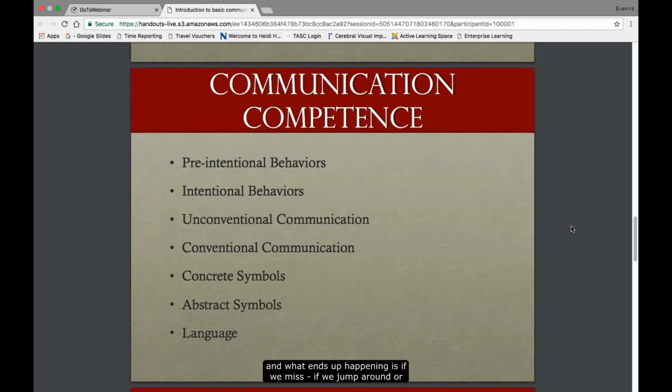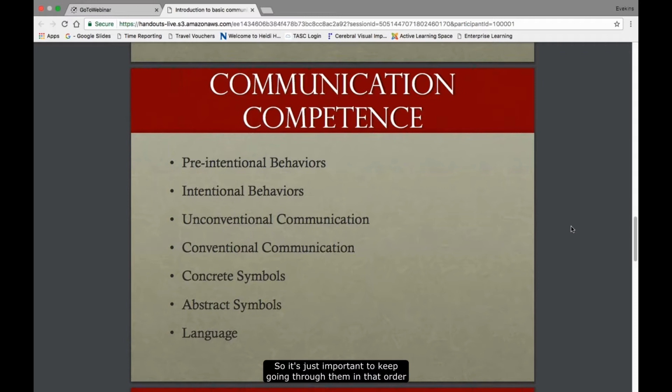And if we jump around or we miss it, like if we go from intentional behaviors right to an abstract symbol, that's a big leap for some of our kids without filling in the in-between stuff, especially kids who don't have independent mobility to be able to do independent exploration on their own, or kids who are blind, who don't necessarily have access visually to see those objects, to be able to pair a word to what it is that they see.